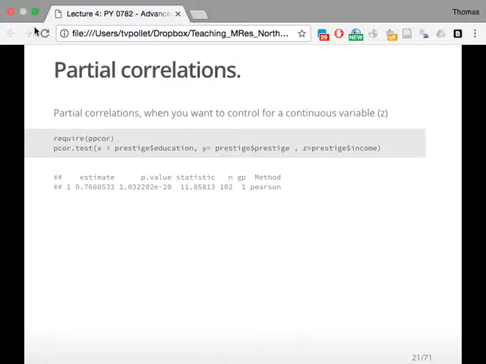In this case, we want to see if education correlates with prestige after accounting for income, for how much money people make. What it then will print is the estimate of the partial correlation coefficient. That's like an R value, so it can go from 0 to 1. That's a very high number, as you can see, 0.76. So quite a strong association after controlling for income. The number of years you've studied for something correlates positively with how sociologists rate the profession, as you might expect. It gives you a p-value, it gives you the statistic,